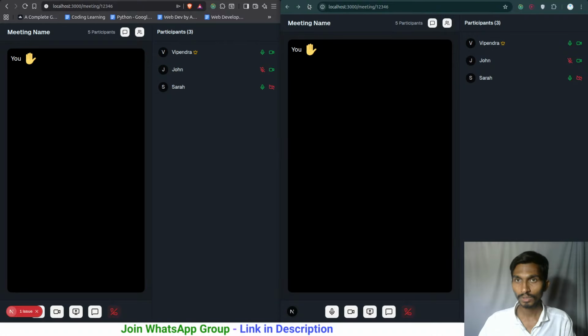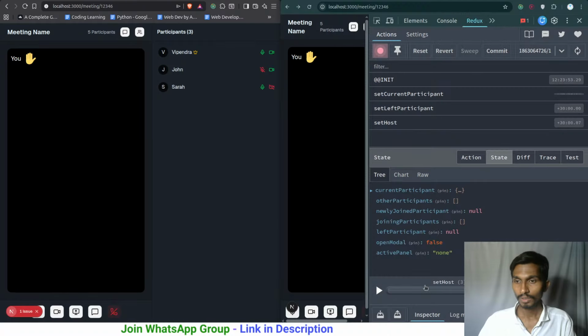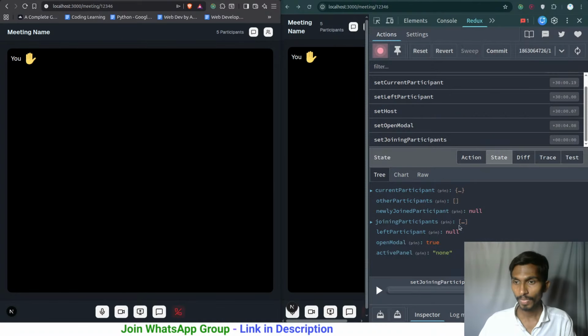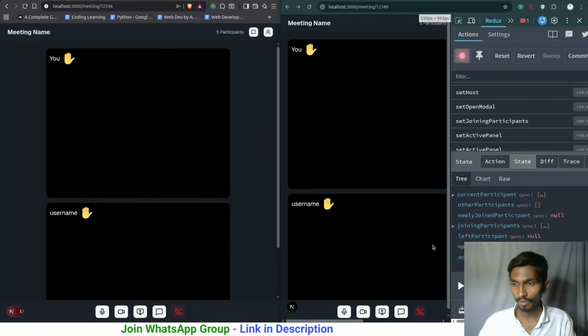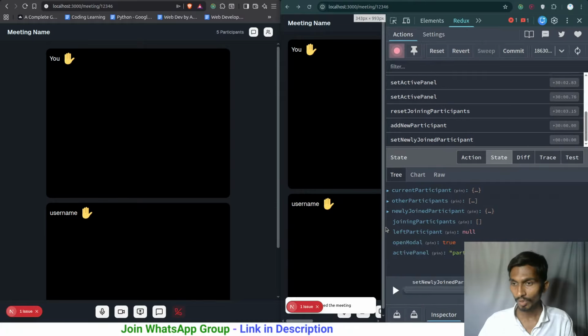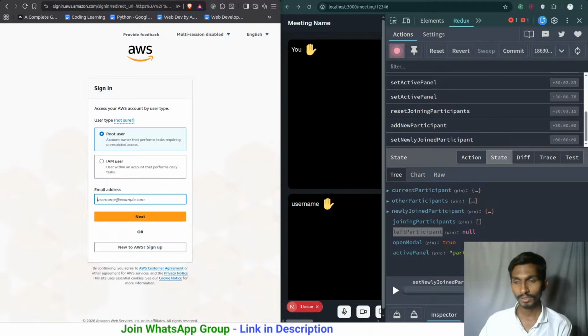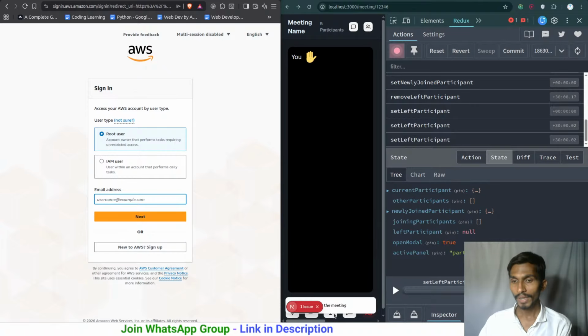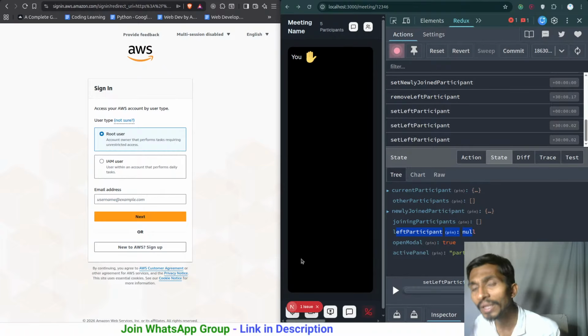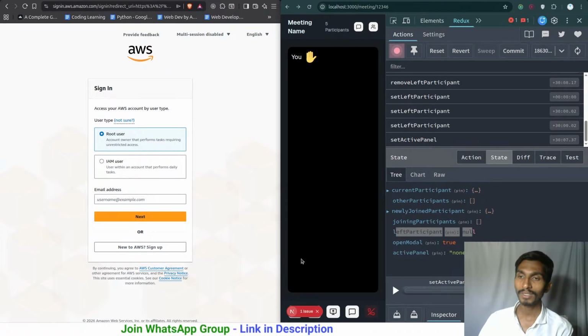Come back to this particular thing, reload the page, and there is no left participant. Reload the page. Okay, I got the joining participant. I can simply allow from here, allow all for now. So ultimately I do have the value of newly joined participant. I don't have the value of left participant. If the participant actually leaves, like this one, I got informed and the left participant is not still there, because for a few milliseconds I got the value of left participant, and after that